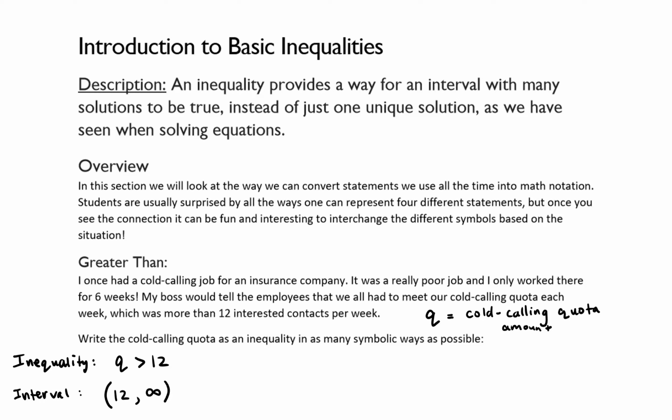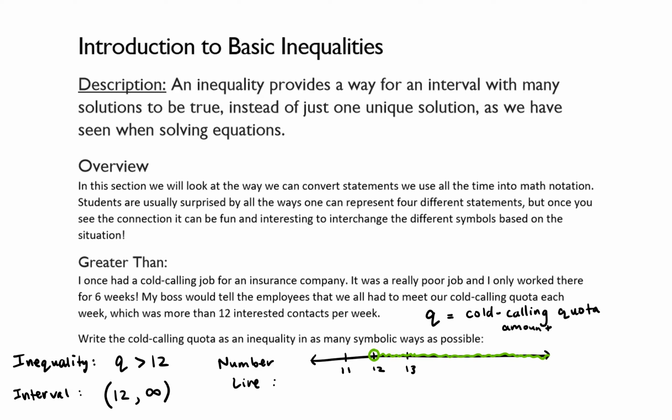And then the two other ways is we could graph this on a number line. So maybe here's 11, here's 12, here's 13, and there's two ways that you can graph it on a number line, depending on what textbook you're reading or who you're talking to. There's kind of two notations that people will use. And the first one is because we don't have 12 included, we'll use an open circle and then shade to the right